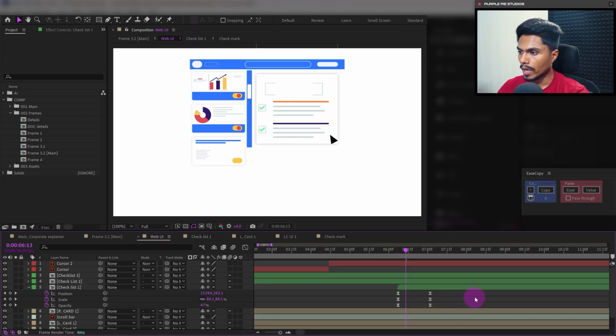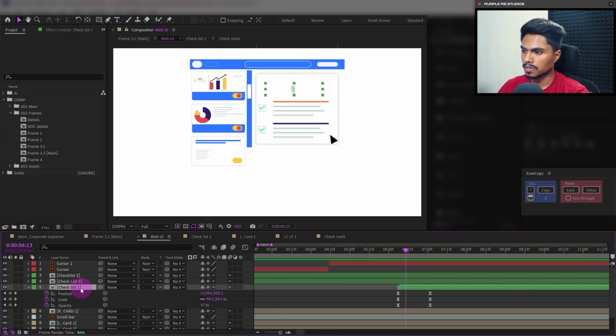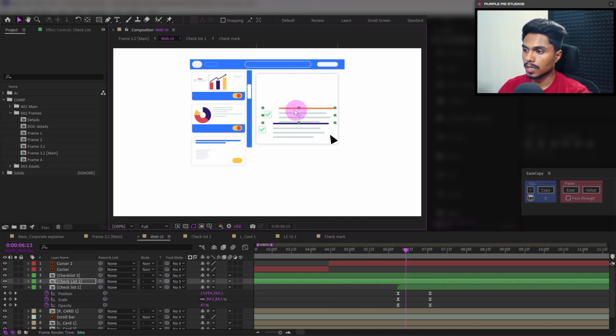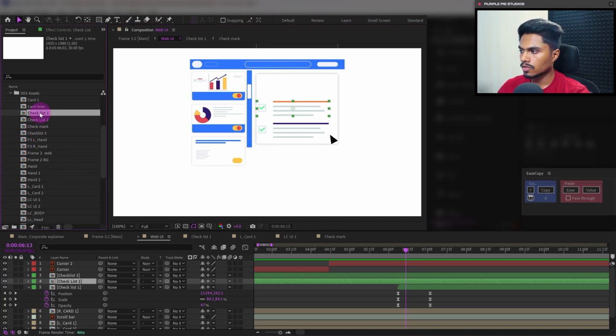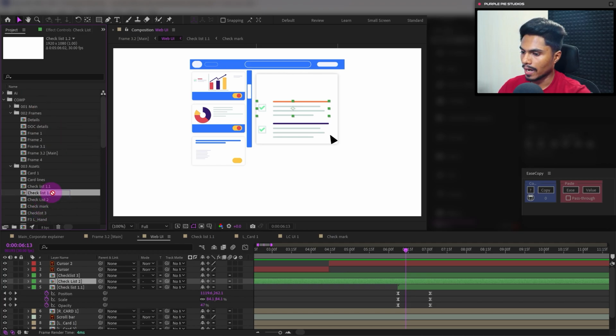So now from the web UI, we can simply duplicate this particular composition, and of course for the second one the color of the line is different. So for that we can go to the asset folder and look for checklist 1. Here it is. We're just going to rename it as 1.1